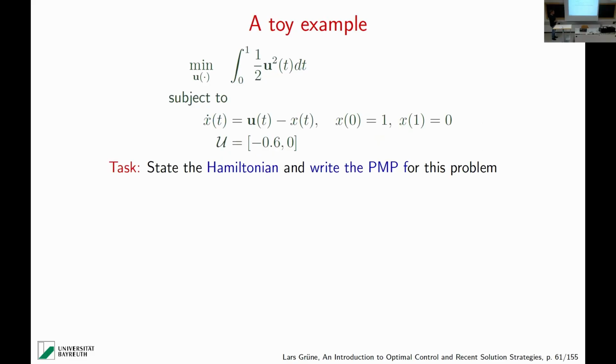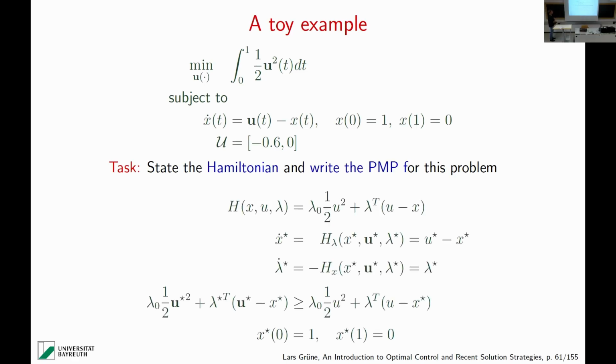Okay, here's the same example again. So now the only difference is that this u, which is actually not the right u, it should be this u with the double bar here, is now a constrained interval, so we are not allowed to use any value of u. And what you see is that, well, nothing changes here. I have already reduced it to the single variables. What changes is that, instead of this simple equation which says that lambda is equal to u star, we have now this equation here, and then of course these terminal conditions.